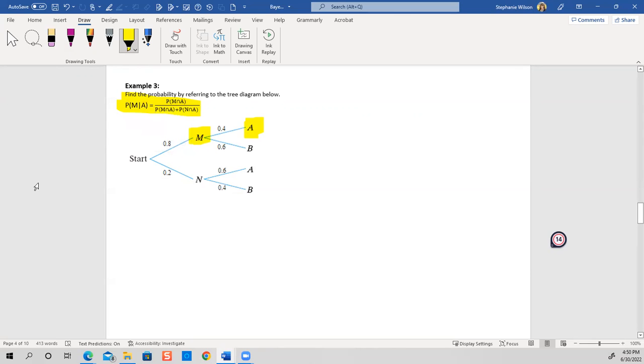There we go. Now you can see what we're working with. So let's write this down. What do I have? Well, we need to come over here and write this right quick. We have the probability of MA